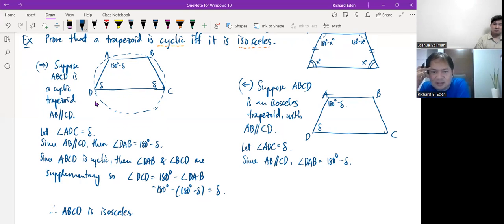So, because it's isosceles, what's one of the many things that we can conclude here? AD is congruent to BC, but we're doing an argument in terms of angles, so let's argue in terms of angles. Any other angle that we can name based on what we've drawn so far? Precisely angle B, because this is congruent to angle C. Because angle D is delta,